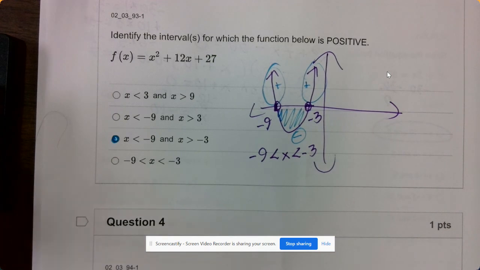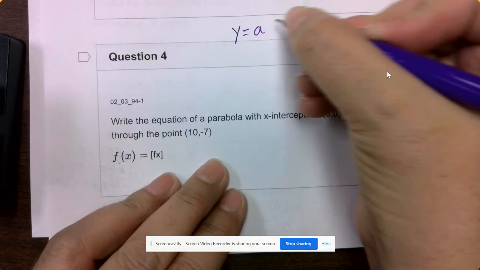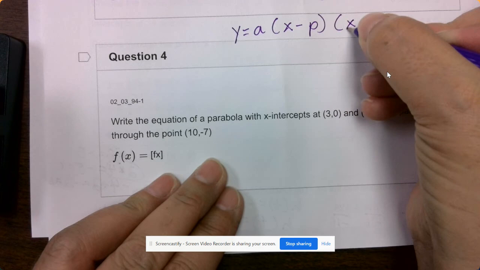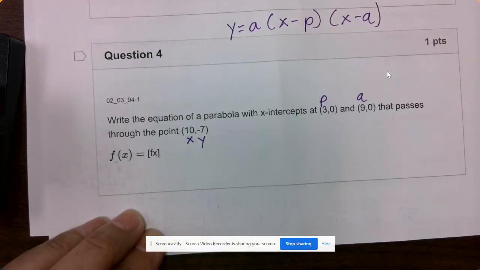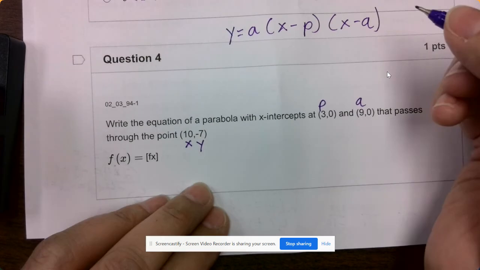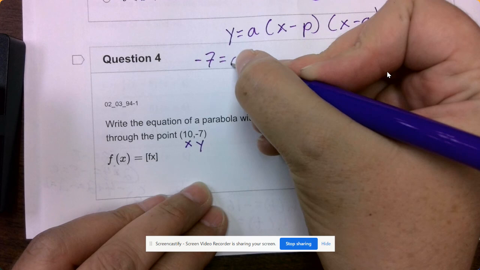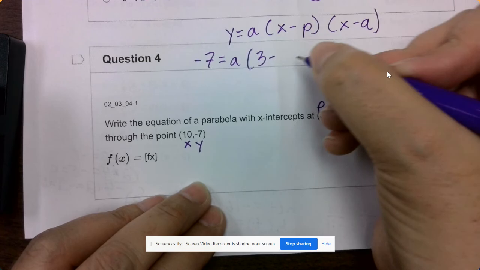Okay, this one, everybody, they want us to write the equation. Okay, so we're going to use our factored form, or y is equal to a times x minus p times x minus q. Okay, I like labeling them p, q, x, and y. Okay, so we're going to substitute those in. So I'm going to go negative 7 for x, 3, it would help if I did it the other way, 10 minus 3,